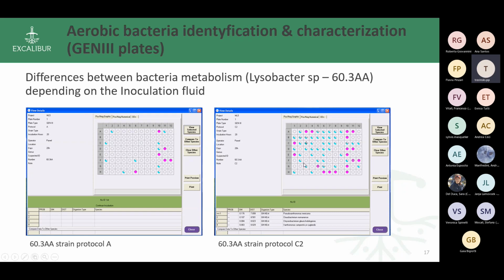So I used the second protocol, and I obtained different results. So, for example, if you put some information about the phenotype of the microorganism in the article, in my opinion, this is very important to inform the reader that you used this kind of media for cultivation, this kind of protocol, you used some